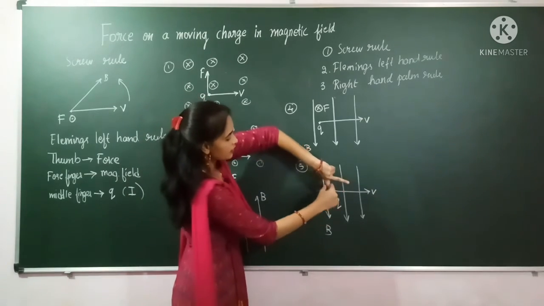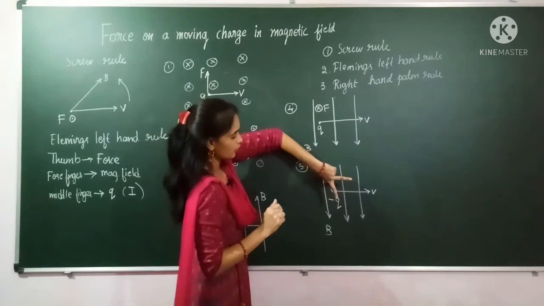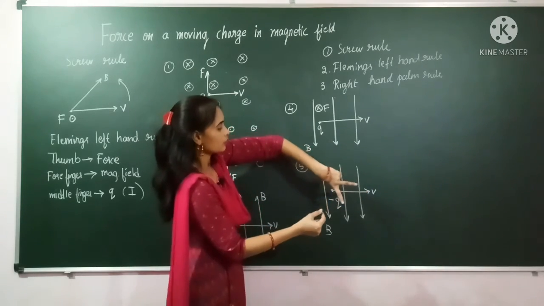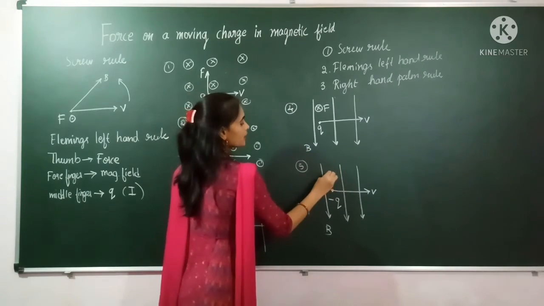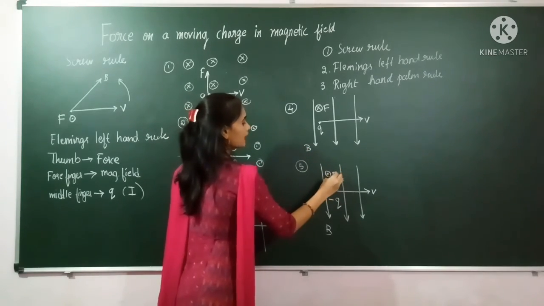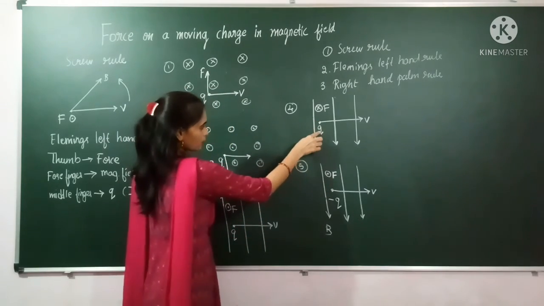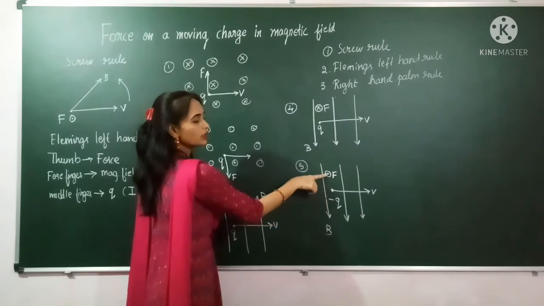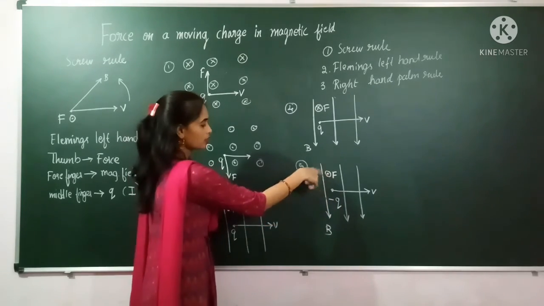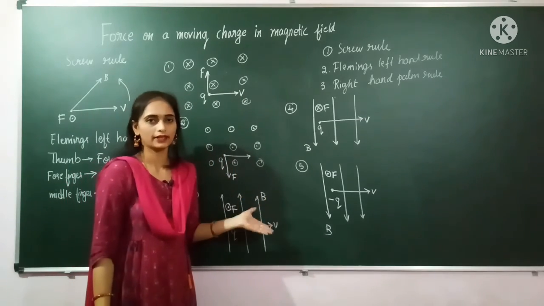So once again, see here, this is the direction of magnetic field, and this is the direction of the charge q, and this thumb is pointing inward, but here you have to take outward. So outward is represented by a dot. This is the direction of the force. See the difference in these two cases. If positive charge, inward; here because of this negative charge we have reversed the direction of the force. So in this way we can determine the direction of the magnetic force.